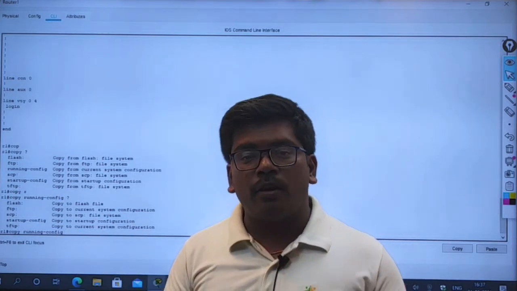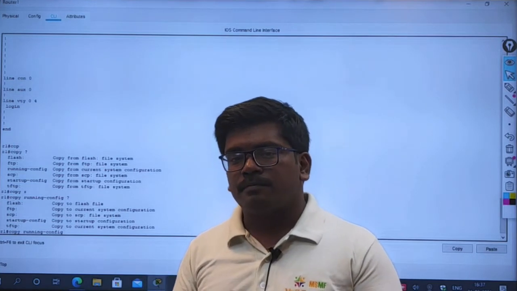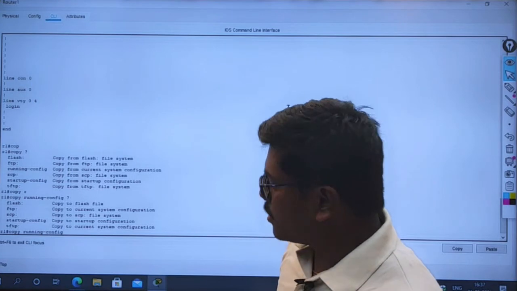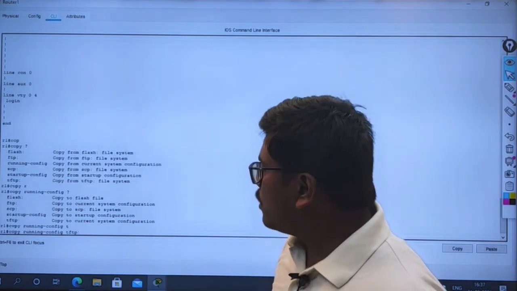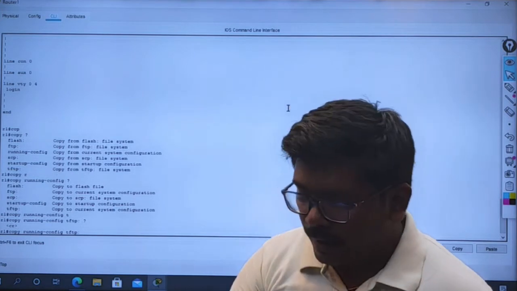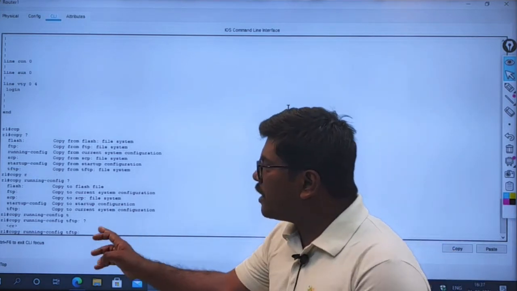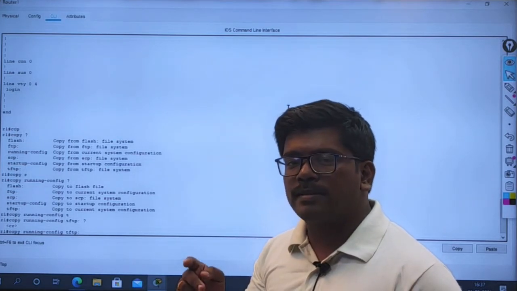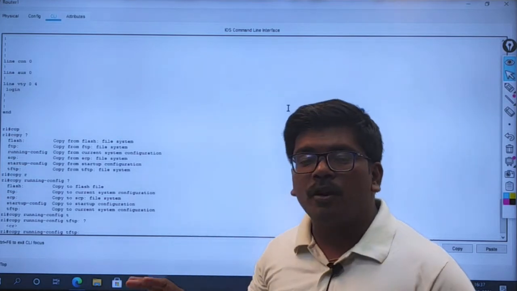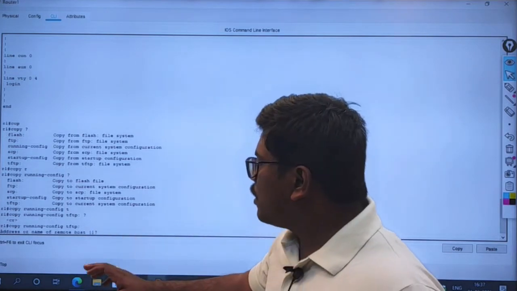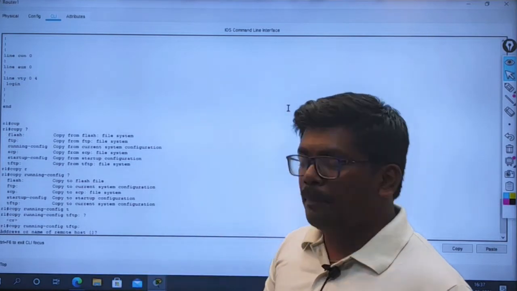So our scenario is to focus on taking the backup from my networking devices to the TFTP server, right? So I'm going to take TFTP and then I can hit a question mark. I'm hitting the question mark here just to show you, even if you don't know the commands, you can get the help from your IOS CLI. Okay, now let me hit enter. So it is asking me for the IP address.